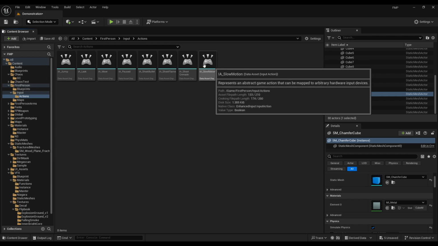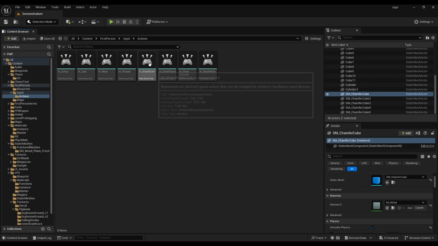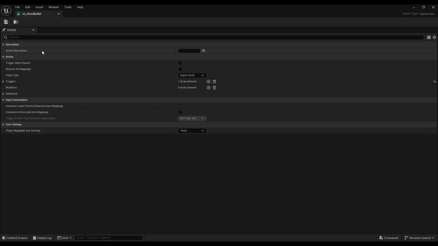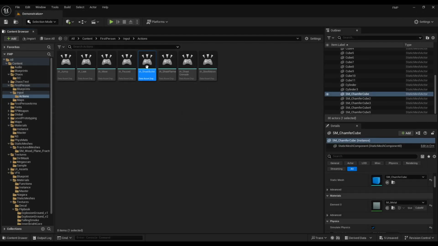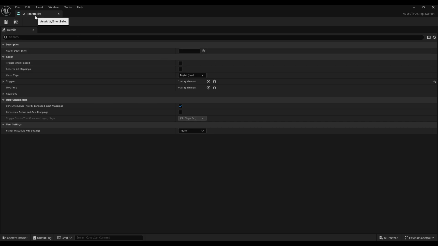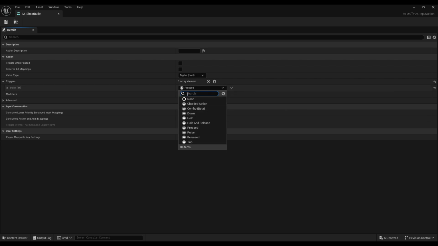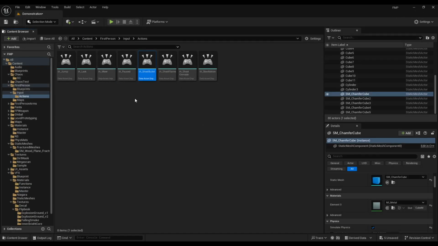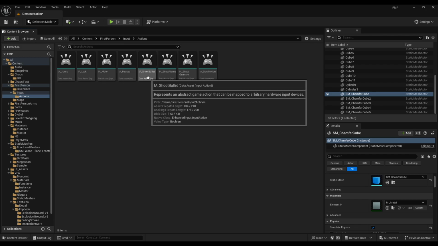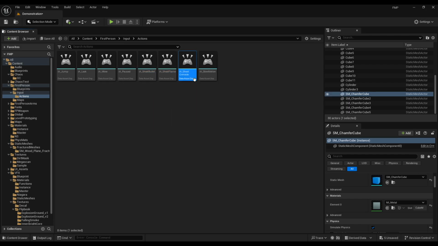If we create this, we can create a different input action name. It's just the name of the action and it won't do anything by itself. We can set how we want to trigger it, like pressed, hold or released. Once I created shoot bullet, shoot flame, shoot grenade, and shoot slow motion,